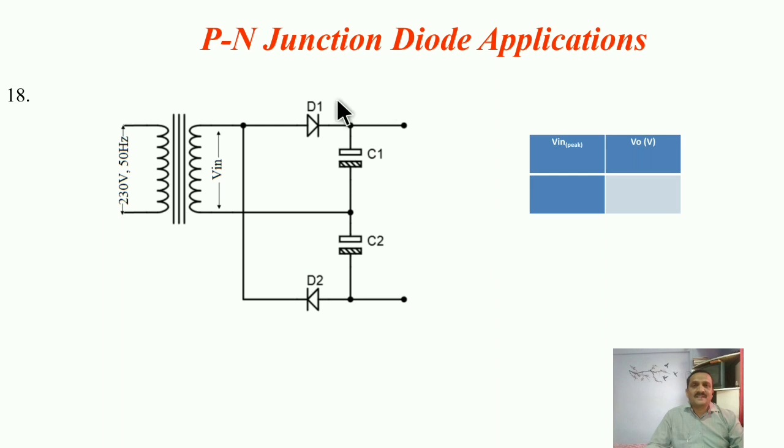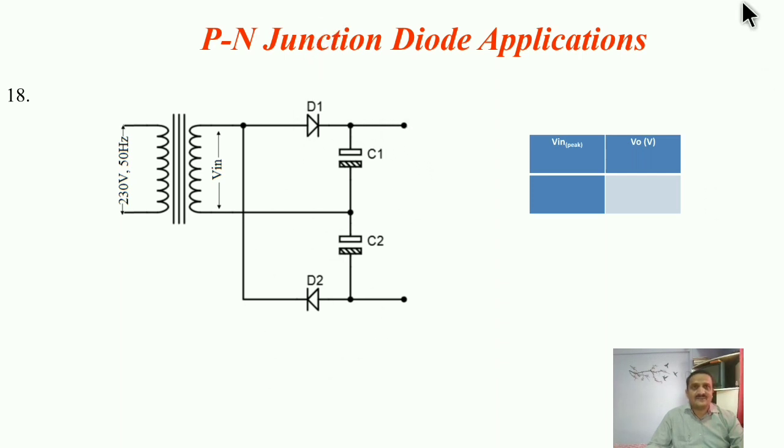The same voltage multiplier, that previous one was a half wave voltage doubler. Now this is a full wave voltage doubler. Half wave voltage doubler means what? During the negative half of input only we are getting the output twice. During the positive half, the output remains almost zero. That's why that was a half wave doubler.